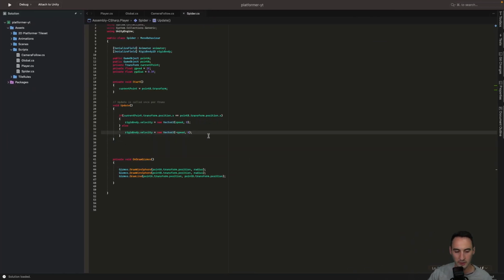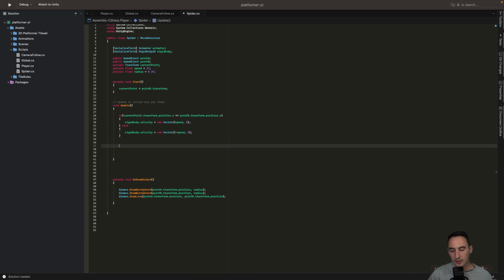So in our update method, we just need another if statement. And this is basically going to say, if we have reached that position, then let's go and swap the direction and move towards the point A, which I believe is the first point. So let's go and do that. Let's go and say, if the Vector2 dot